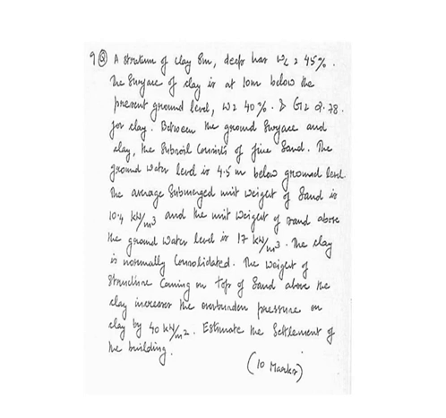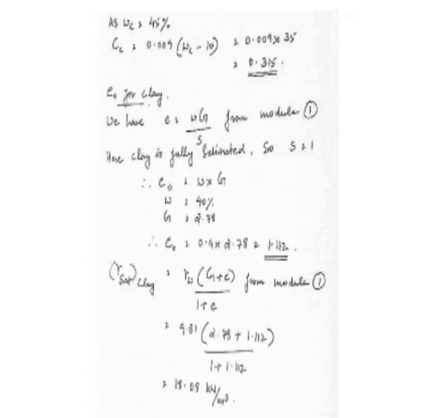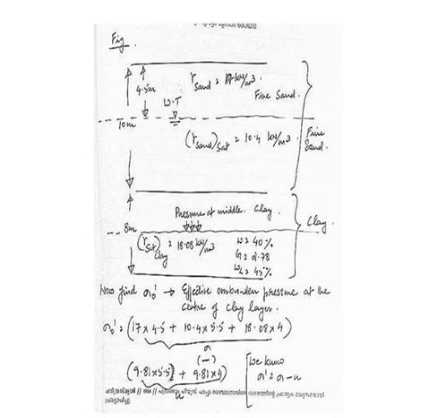So here a lot of things are given. The primary thing you have to find out is, when you construct a building on such a soil profile, what will be the settlement of that building. For that you are given the properties of the clay, the properties of the sand, and also the pressure applied by the building on the ground surface. So for this, first you have to draw the profile, and only then can you start the problem.